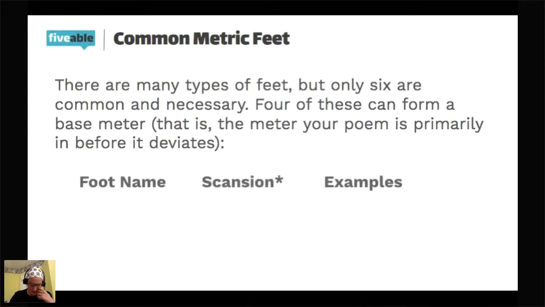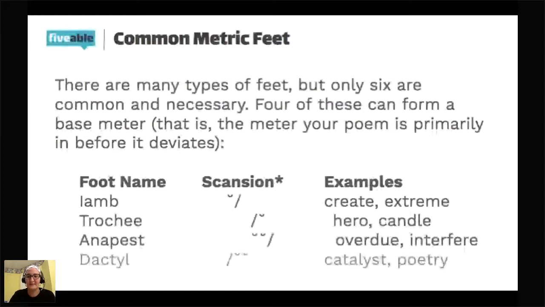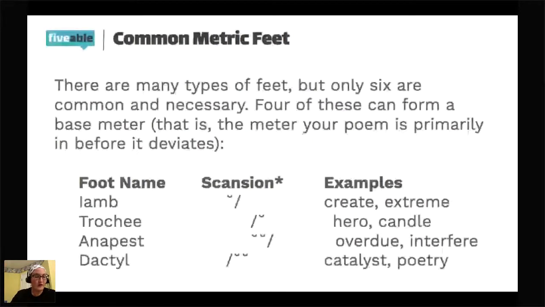Don't worry too much about scansion. I'm going to show you all 4, so I can go back to you. So iamb, that's the one that probably a lot of you have heard of, like iambic. That just means that the scansion there, scansion just means that's how you're marking a poem, is unstressed, stressed. So that's what the little mark is, it means unstressed, and the other mark means stress, because that one is a lot more stressable of a mark. So words like create and extreme.